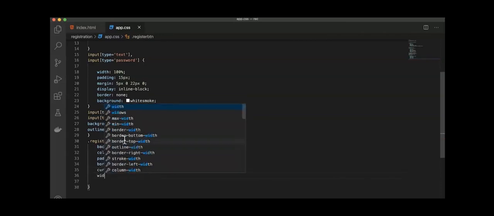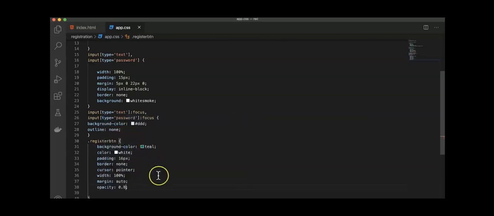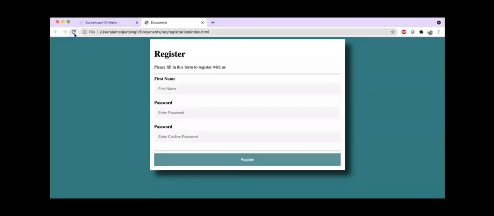Then width 100%, followed by margin, this auto. Then opacity, then I say 0.8. Fine. So this is for my registration button. Let's see. Wow, this looks better now. So this is a full size button. So this is for my button,